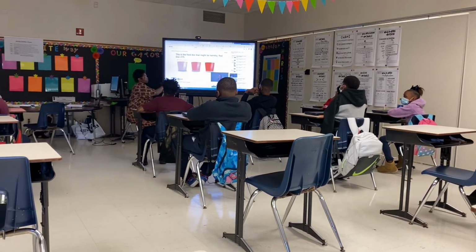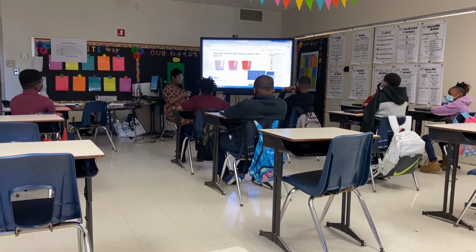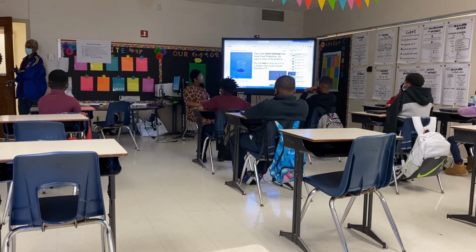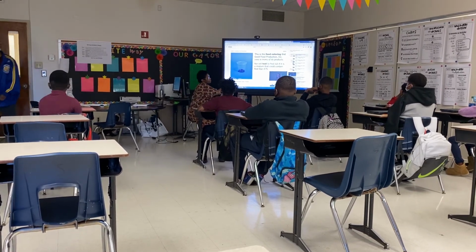This is the food dye that might be harmful. Red dye number 75. This is the food coloring that Good Food Production Incorporated